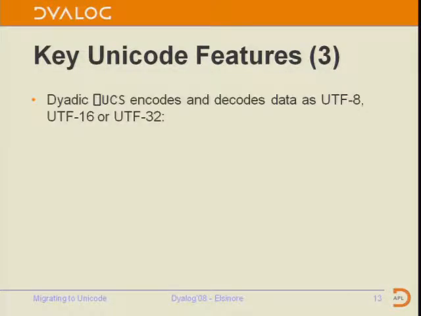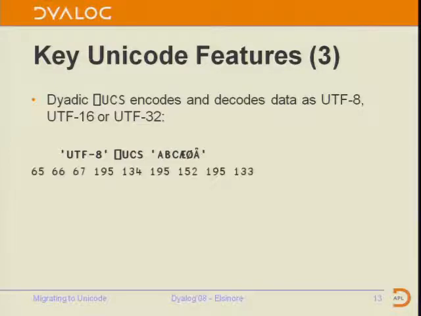And then there's a dyadic version of quad UCS to deal with these encodings. In fact, it only supports the variable length encodings, because the others are trivial to deal with. Or you could do the others with quad DR, I suppose. So if you do that, it gives you, in this case, A, B, C, and then E, U, O.